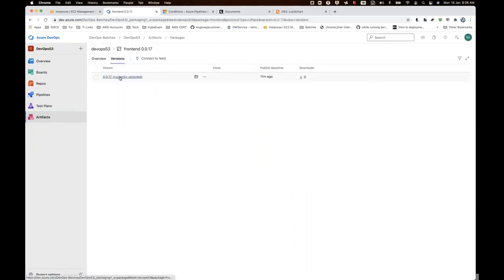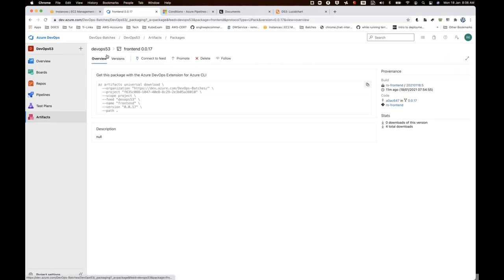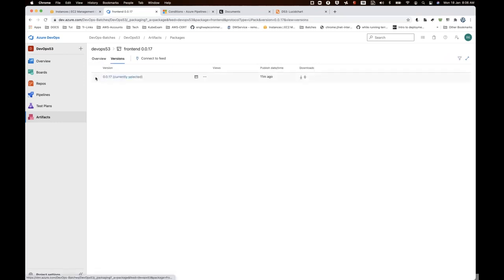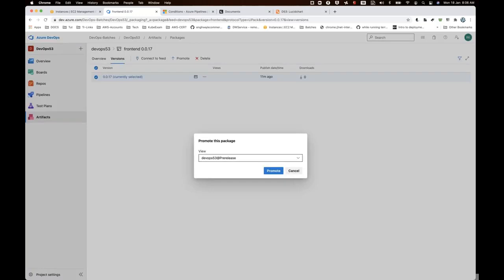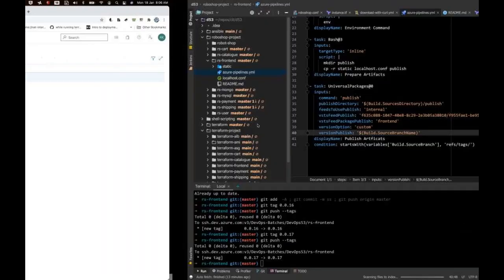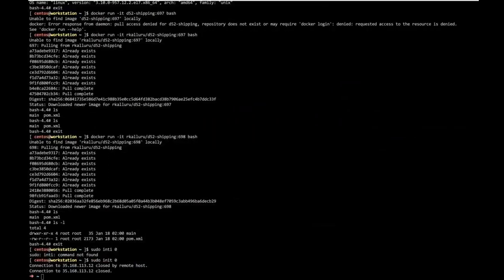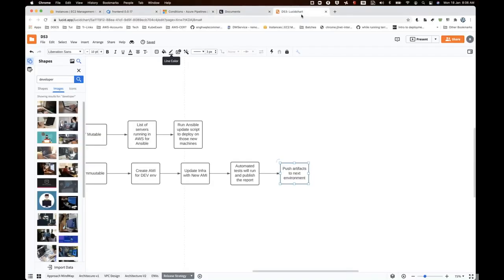So in Ansible, I was updating this. How do you promote, and how do you pull the appropriate code? Now I will have here: push artifacts to the next environment, or promote. The actual word is promote artifacts to the next environment. This is a very common step done by every organization. Most organizations have a strategy, but promotion will be there.